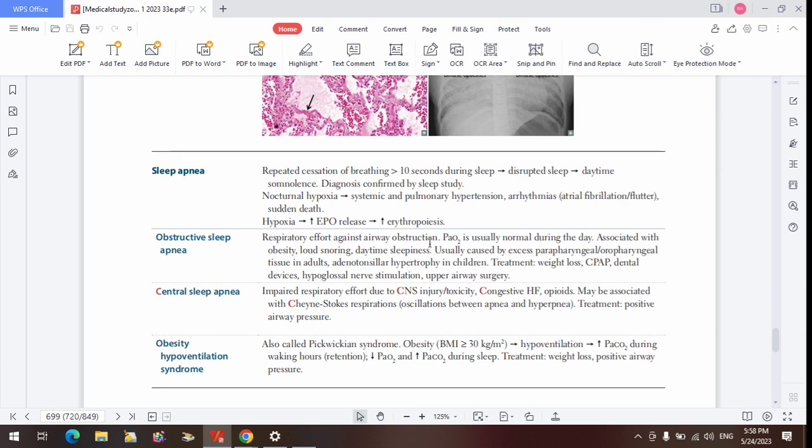So what you want to do is to recommend weight loss so that you can reduce that fatty tissue, or you place them on the continuous positive airway pressure, which can help them take in air across that obstruction and also help them take out air. So when they're apneic, they're always on their CPAP. They are not breathing by themselves. The CPAP is helping them with the breathing. So they are taking in air with the CPAP, they are taking out air with the CPAP.